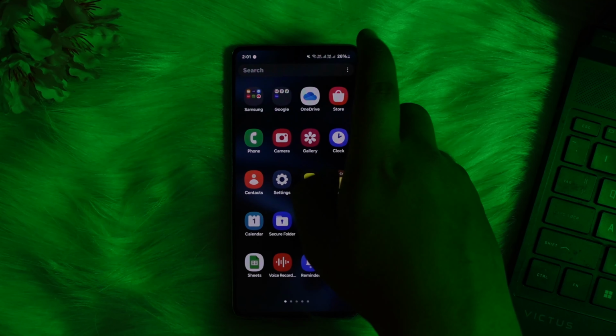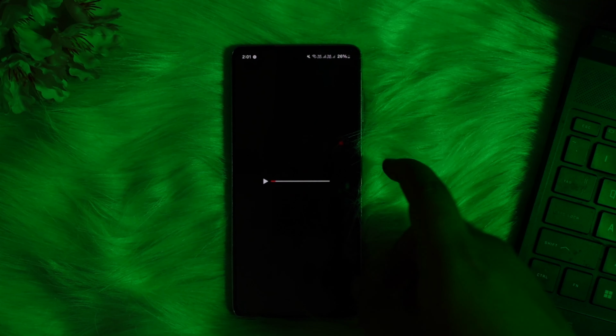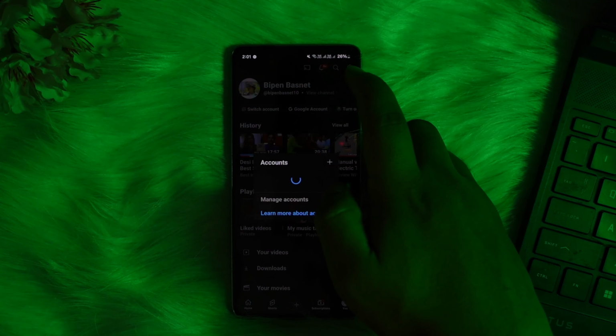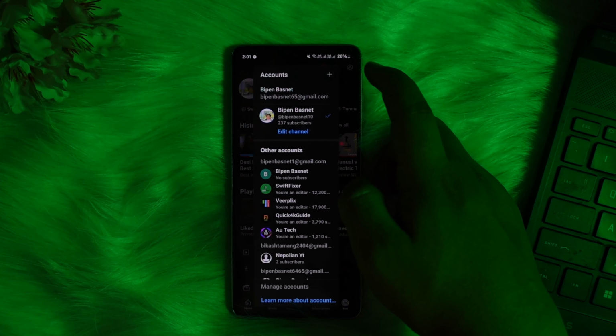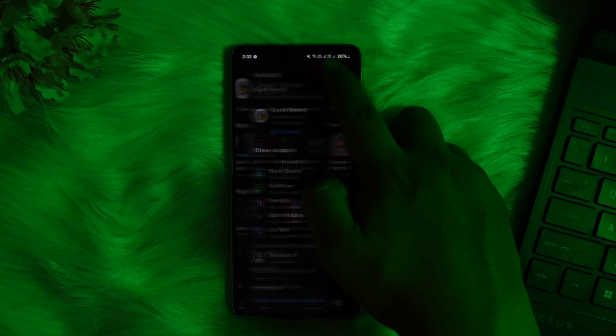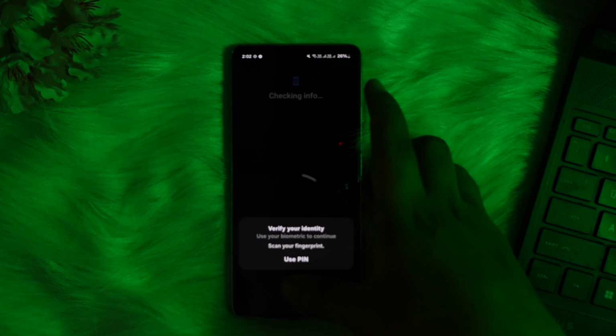Now, in order to create a new channel, you can simply open up YouTube, and from here you can tap on the profile icon at the bottom right and then tap on the switch account option. Here now you can tap on the plus icon at the top right, and now you can enter in your new